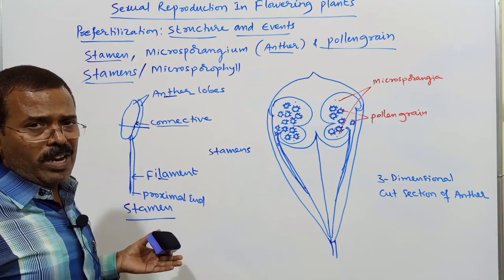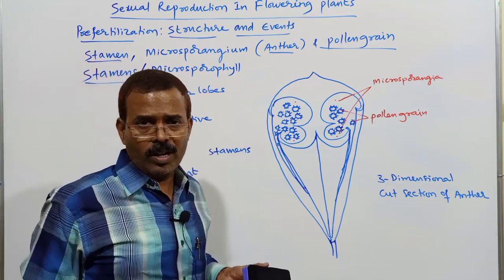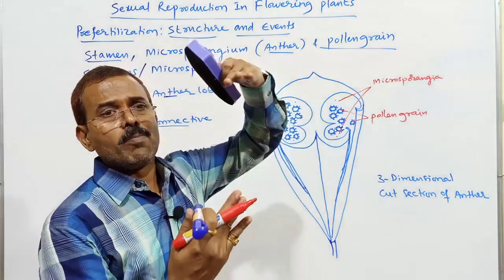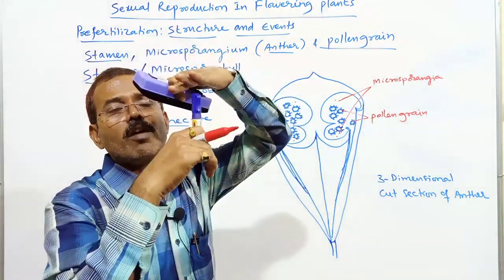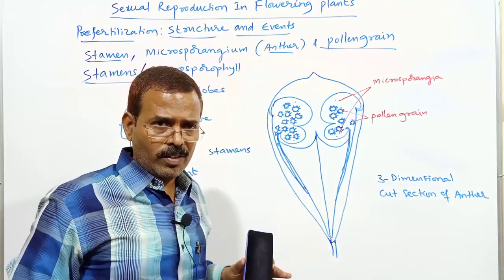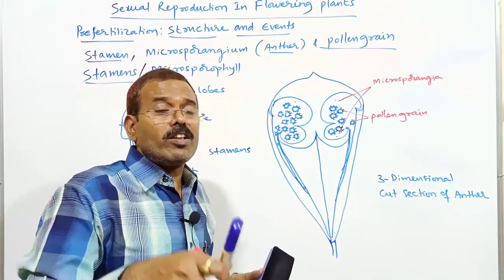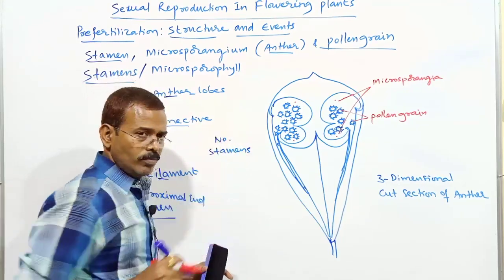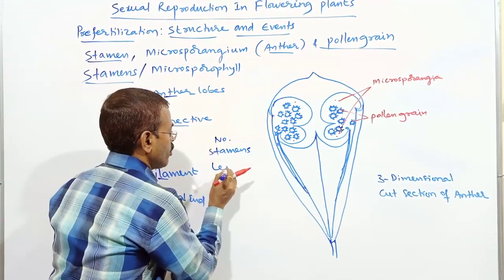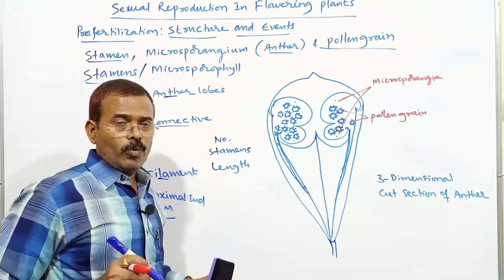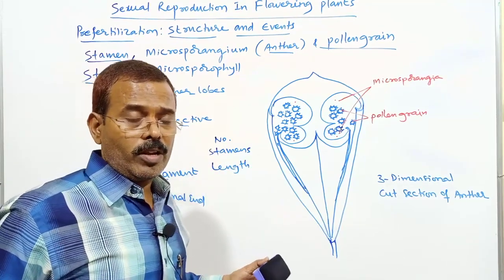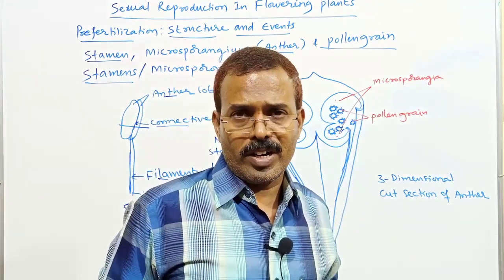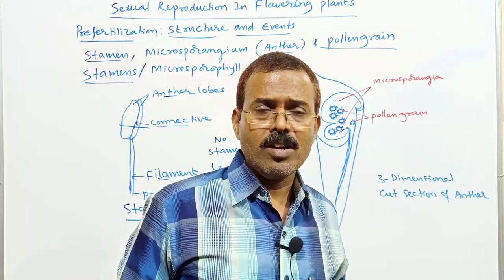We have basifixed, dorsifixed, adnate, then versatile. Different kinds of anthers are there, depending upon the attachment of the filament to the anther. And the length of the stamen is also variable. So the number of the stamens and length of stamen are variable. You have learnt the didynamous condition and tetradynamous condition in first year morphology chapter, based on the